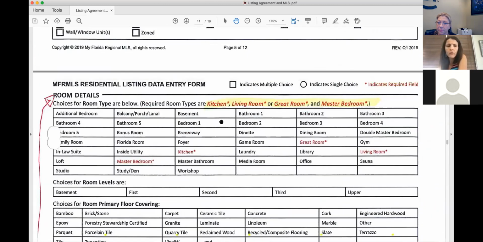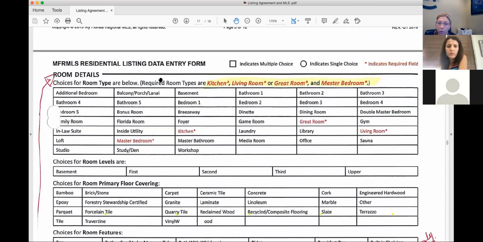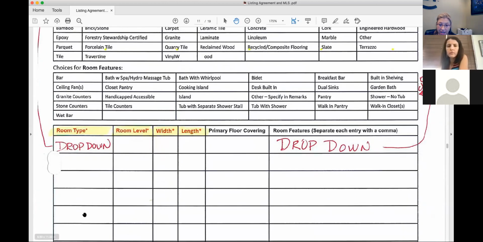Okay, this means that for required room types, there must be a kitchen. So we must see the kitchen down here somewhere, the level that the kitchen is on, first story, second story, whatever. How wide is the kitchen and how long is the kitchen? What are the dimensions of the kitchen? Now you can also put in the primary floor covering of the kitchen, and you can also put the room features,